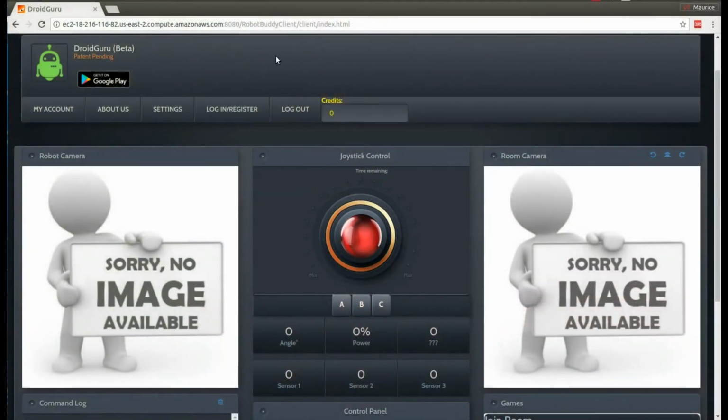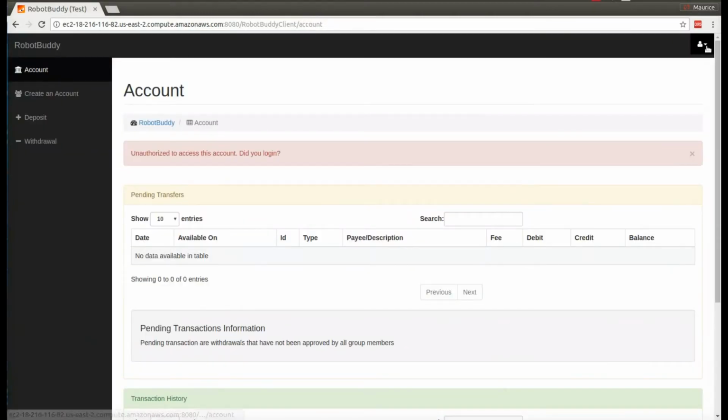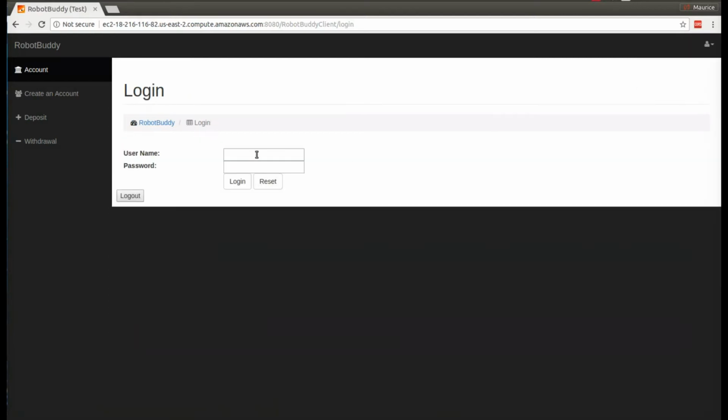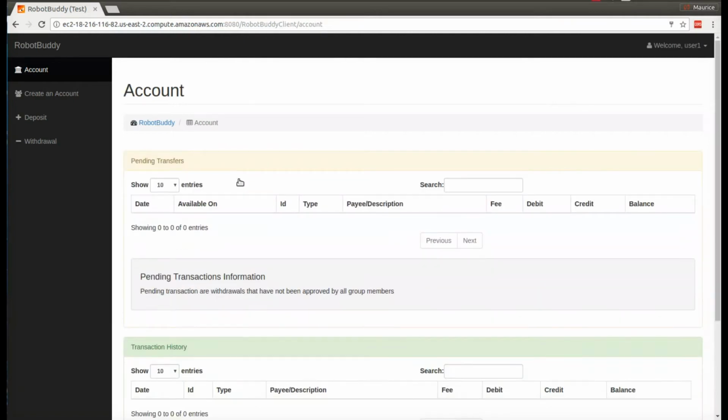Now we are on the DroidGuru.net pilot page. We're going to click My Account. The prerequisite is that we assume you've already watched the previous video on how to register an account, so you have a registered account, and we're going to use that username and password to sign in. Remember, this is different than the pilot sign in, which allows you to sign in and connect to a server. This is just signing in to your account information